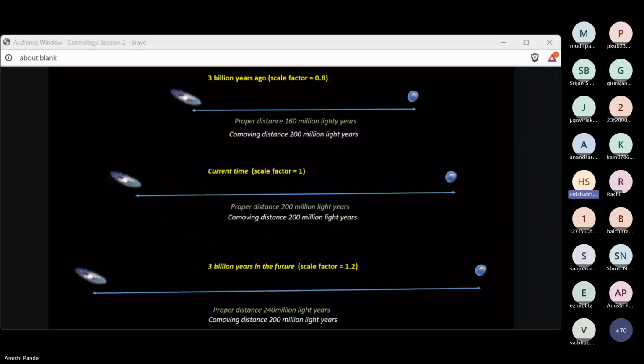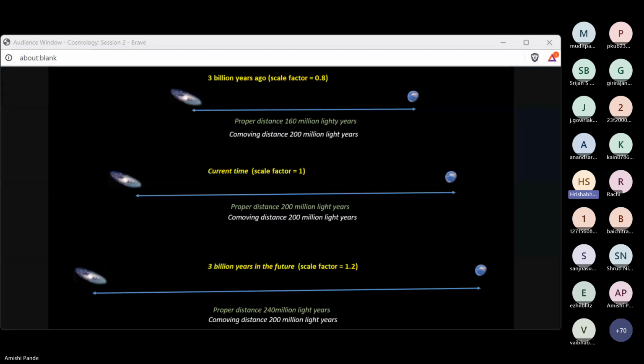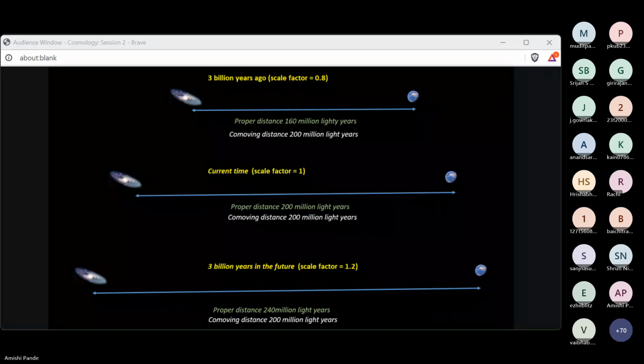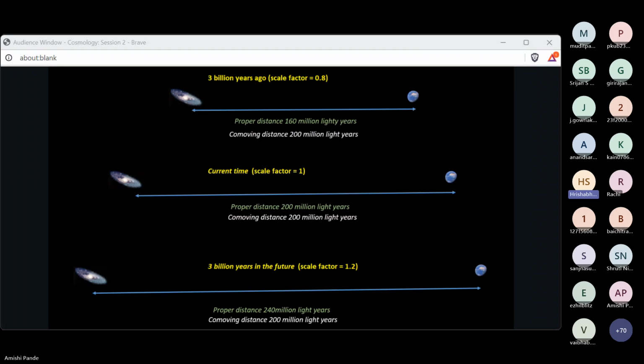And as you see in this slide, the proper distance to this galaxy keeps on changing with time. Now, there is one thing I want to say, but probably not right now. Okay, I'll go into it a bit later. But for now, just see that from future onwards,